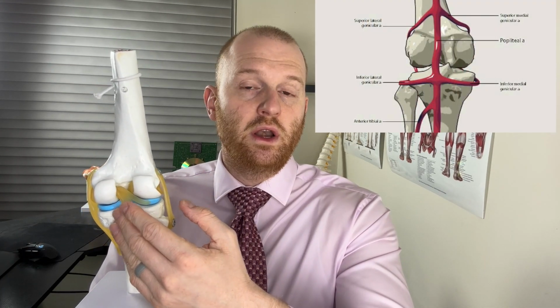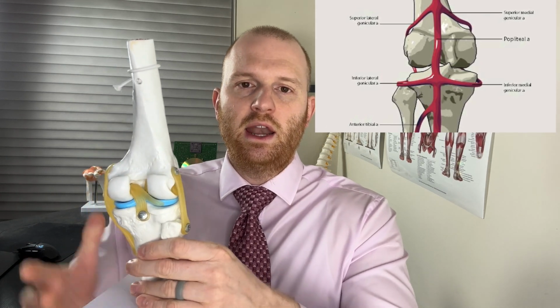Now, anytime it is speculated that somebody has suffered something known as a knee dislocation, it's important to know that this is absolutely a medical emergency because we have several important structures that are going through the knee joint. In the back portion of the knee here, it's not visualized on this model, but we have a major artery known as the popliteal artery, and anytime you're getting any sort of disruption of this knee joint, this can sever that artery, and it is absolutely a medical emergency because if it happens to be severed, then blood supply is